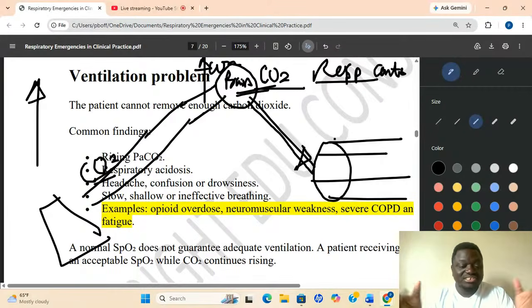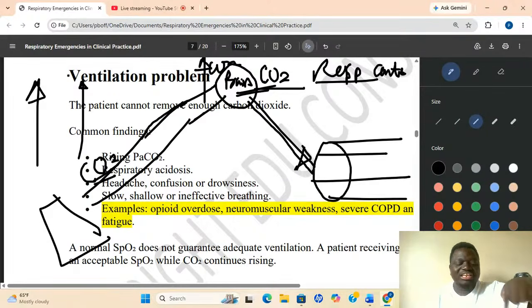The brain will condition itself. The body has adjusted so that it will depend on CO2 for survival, so let me also tell the lungs that you don't have to breathe. This will continue for a long time, especially in COPD patients. In COPD patients, they are having issues bringing carbon dioxide out. Their problem is not about taking oxygen in. Their problem is about bringing carbon dioxide out of the body.